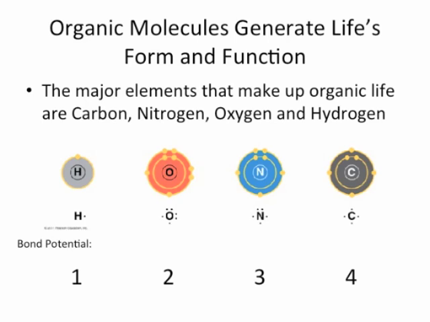So, when thinking about these 4 major elements, if I wanted to make a very large biomolecule, which one of these 4 would most likely be at the center of that biomolecule? Could hydrogen be at the center of a large biomolecule? Why not? All right, it can only make one bond. So because it can only make one bond, it can't be at the center of anything. It has to be on the edge. And that's what's going to happen. Hydrogen's always going to be on the outside of a biomolecule. It's always going to be in the exterior.